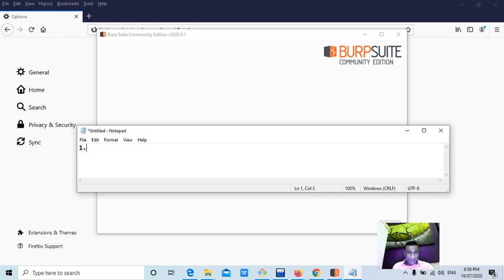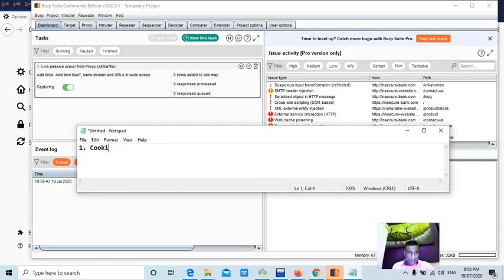The first security issue is cookie is not encrypted. When we need to report this issue, I'll tell you guys now.